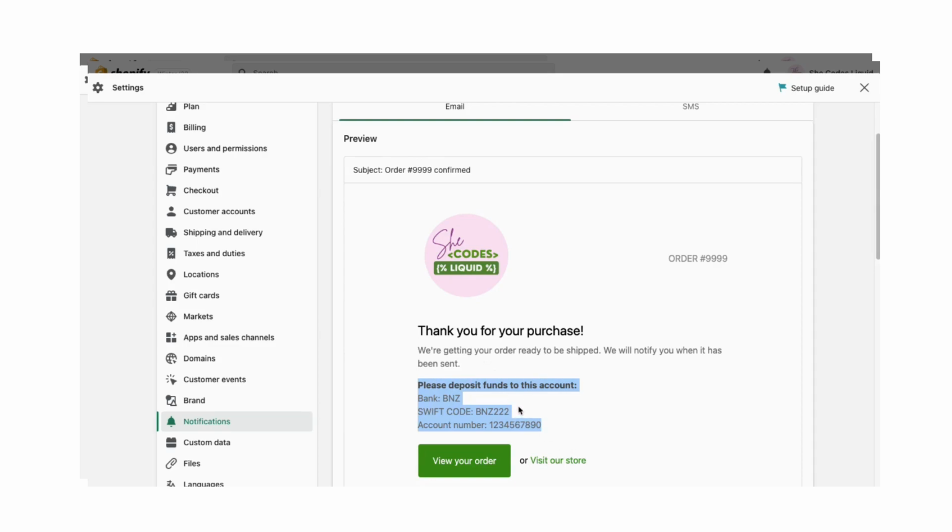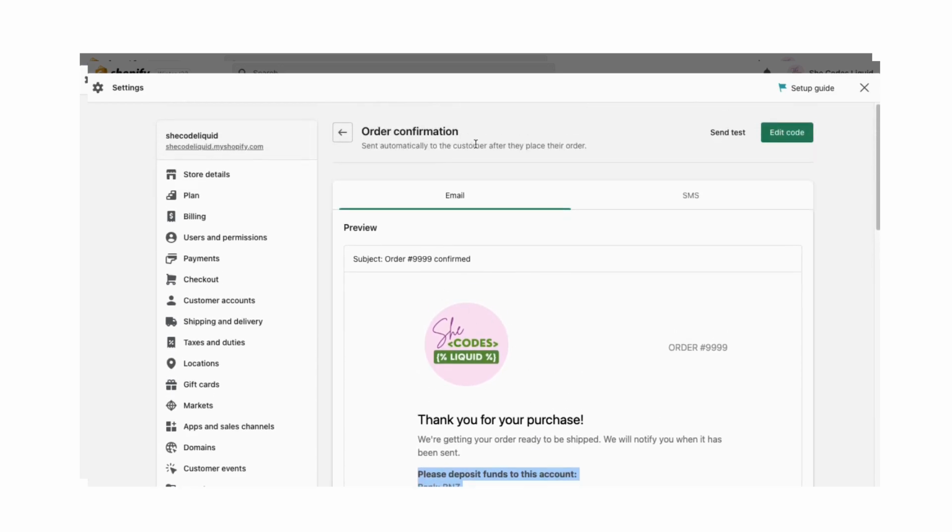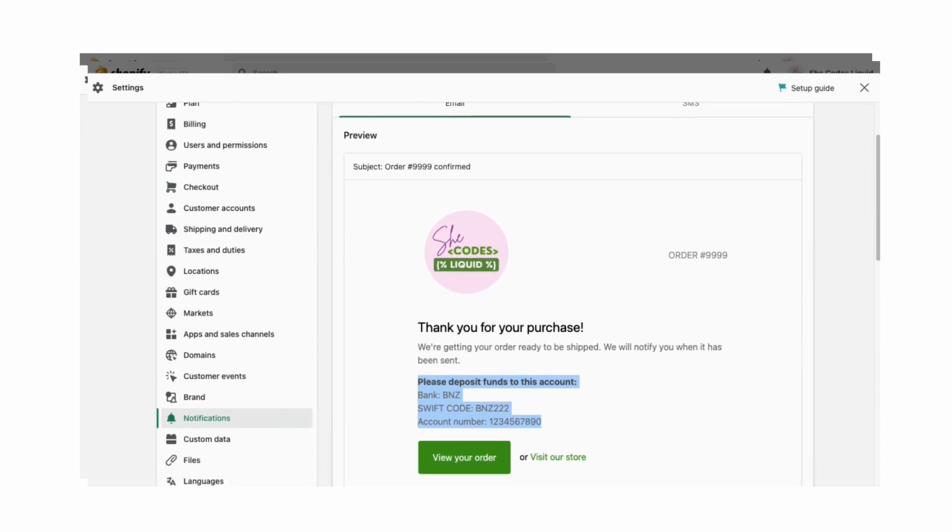Alright, so what is the order confirmation email template? This is actually the first email that's sent out to the customer or to the buyer once they have purchased or confirmed the purchase of a product or service on your website. Alright, so